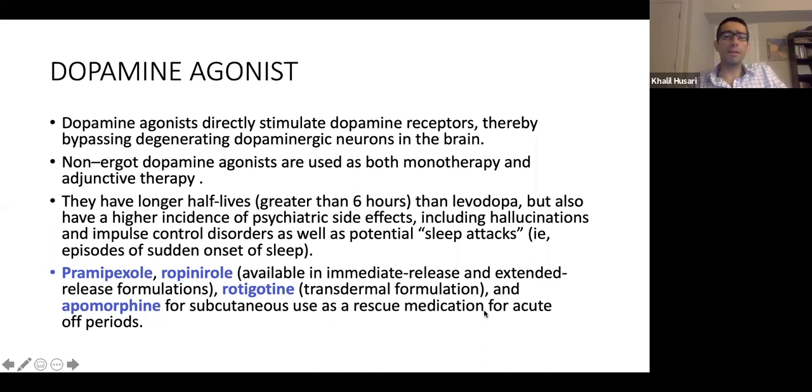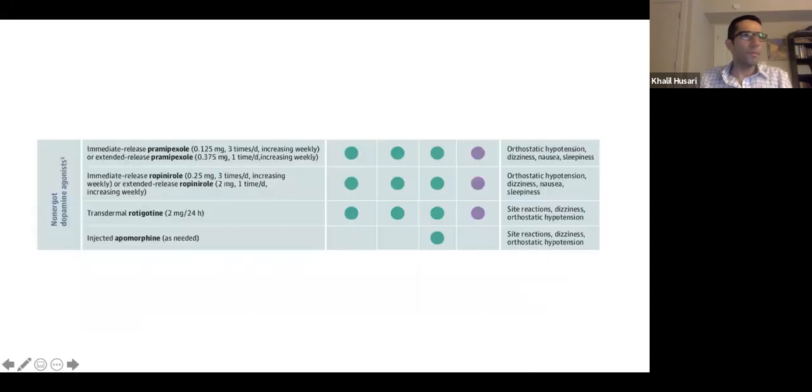We have a transdermal formulation, rotigotine, though I've never used that, actually. And then we have apomorphine, which is the pen. It's like an EpiPen. It's for freezing and for acute off periods. So this is the pramipexole. It's usually 0.125 3 times a day, or we have an extended release formulation as well that's given once or twice a day, which is 0.375 as well. And the same thing for the